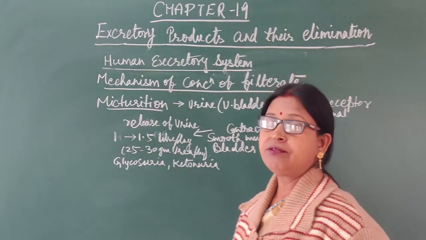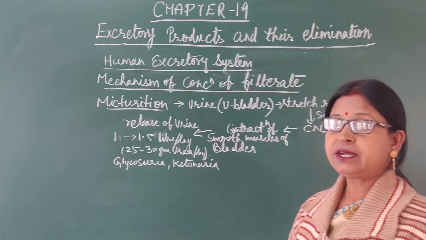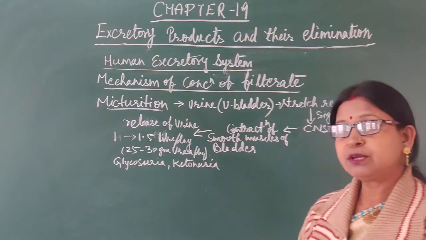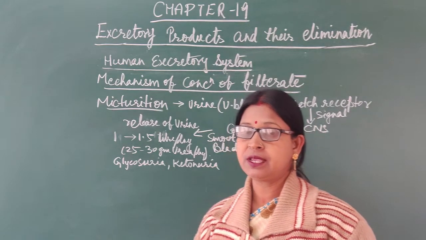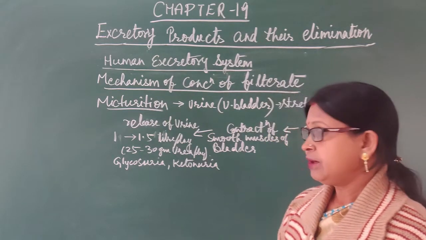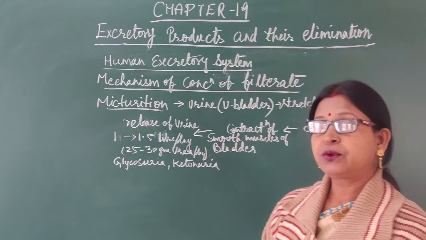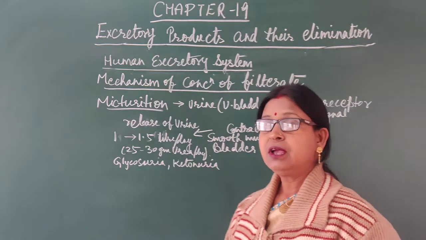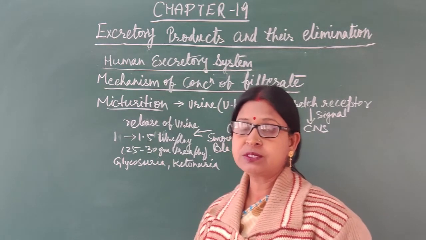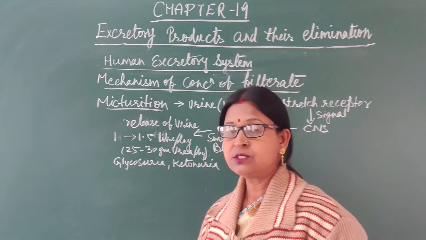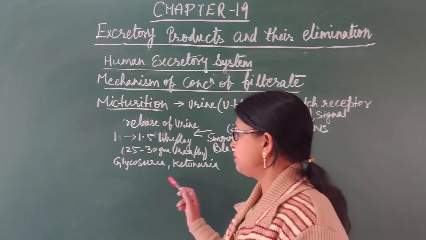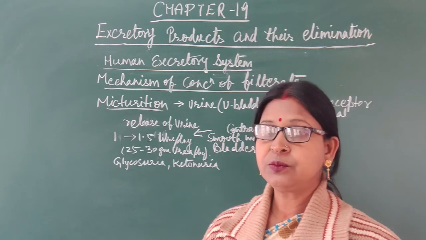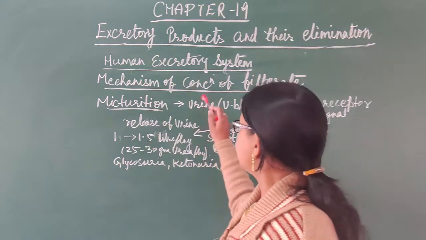About 1 to 1.5 liters of urine is eliminated outside the body every day by an adult person, in which about 25 to 30 grams of urea is eliminated. When extra amount of glucose is present in urine, then it is known as glycosuria. At the same time, when ketone molecules are present in the urine, then it is known as ketonuria. So these are some types of disorders. Glycosuria is also known as diabetes mellitus. So we will discuss now the diagram of this